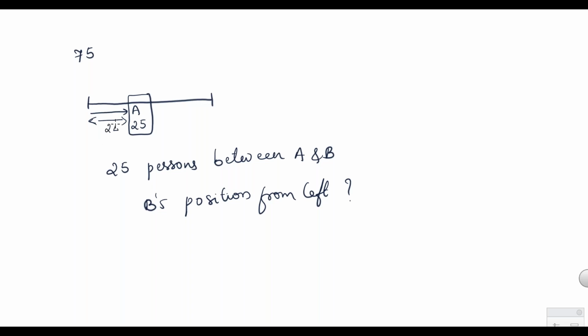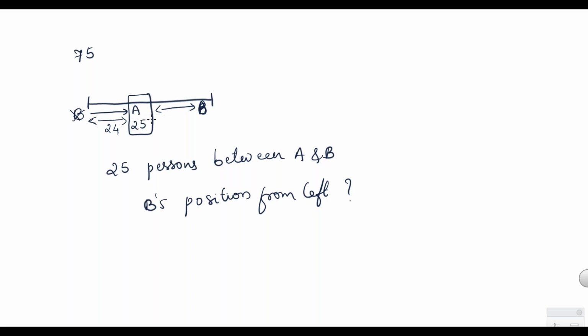24 persons. Now you can see we cannot take two possibilities here, because there is no way I can take B this side, because I want 25 people to be between A and B. But on the left side of A, we have only 24 people. So there is no possibility B can be on the left. So B must be on the right side of A only. Like the previous example, we will not get two cases here. Here we get only one case. So B has to be on the right side.